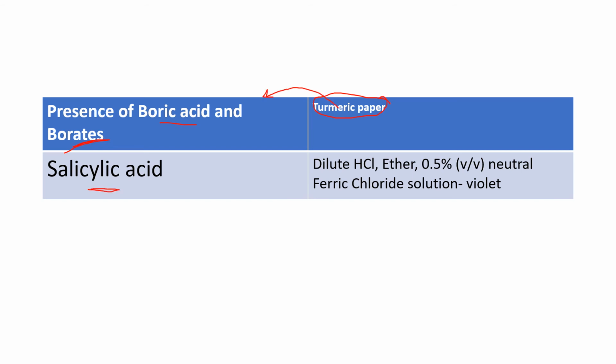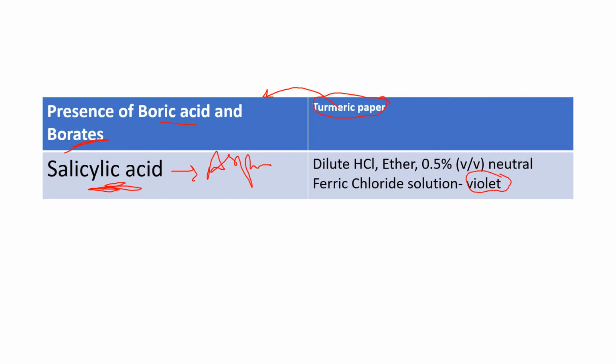Salicylic acid is nothing but a kind of organic acid. It is a constituent of aspirin, the main drug used in heart attack. Also, it is a painkiller and an important drug in the treatment of many patients. So salicylic acid, aspirin, just remember this as an extra point. Even this is adulterated, and it gives a violet color.